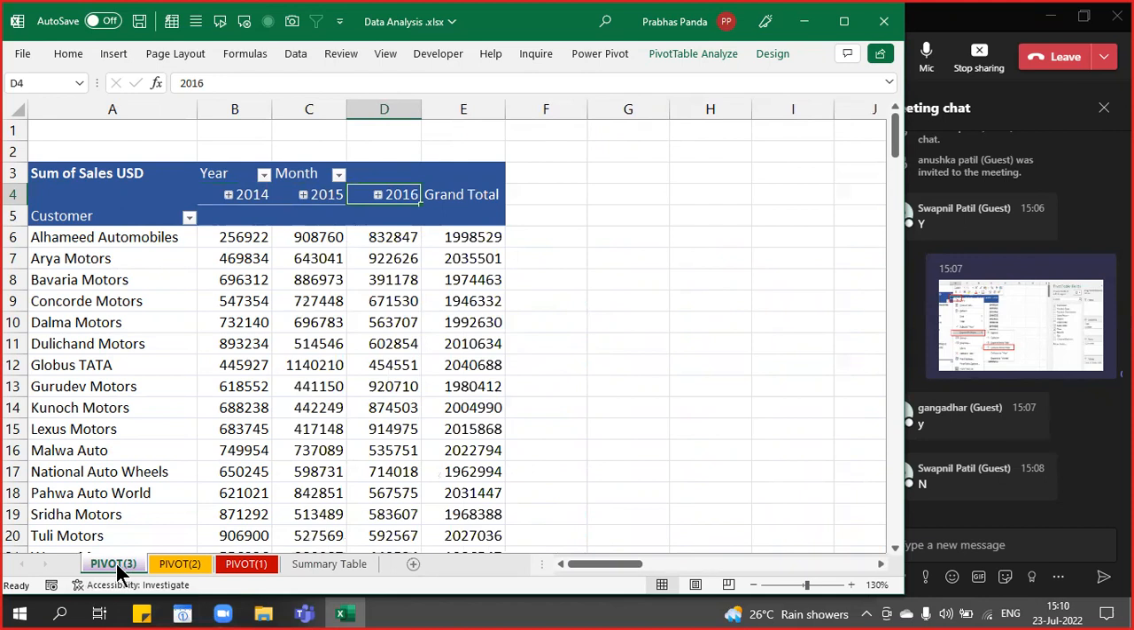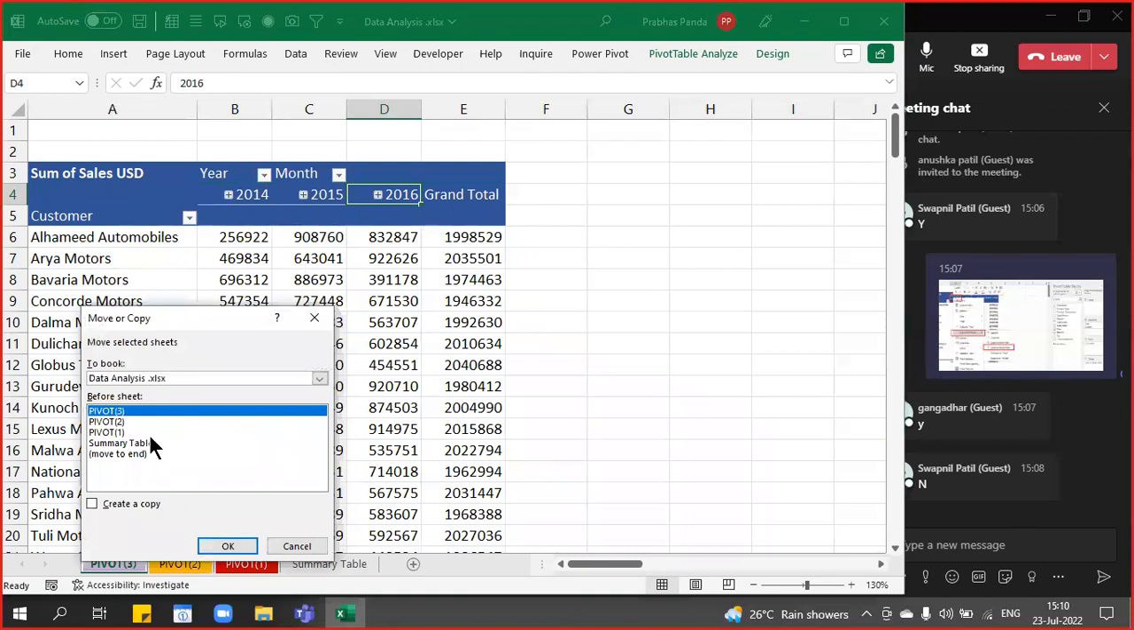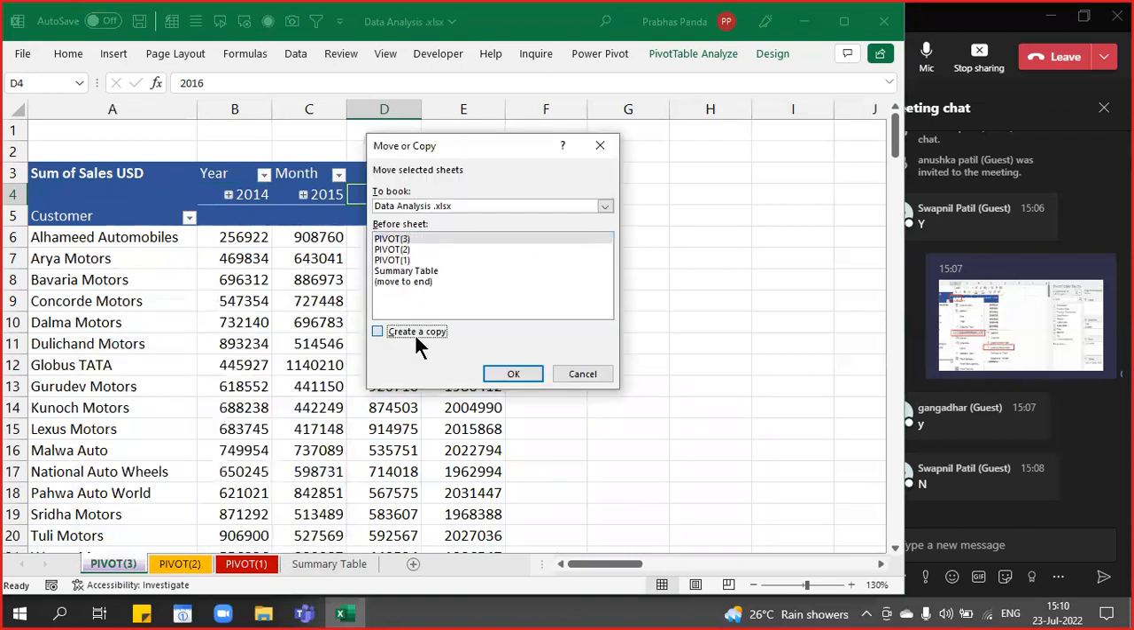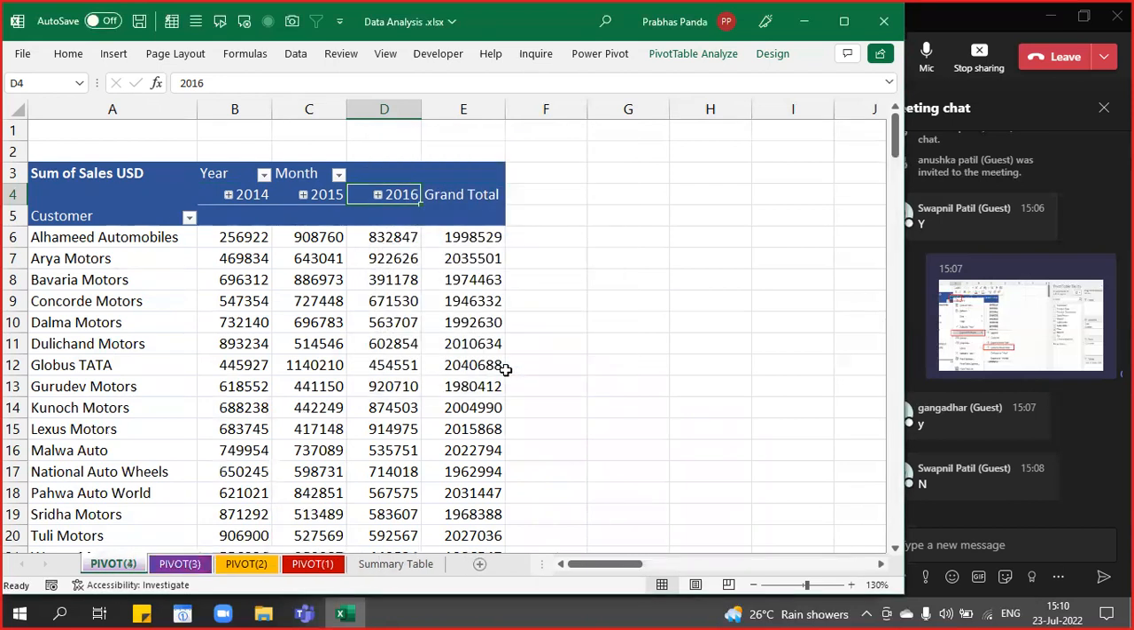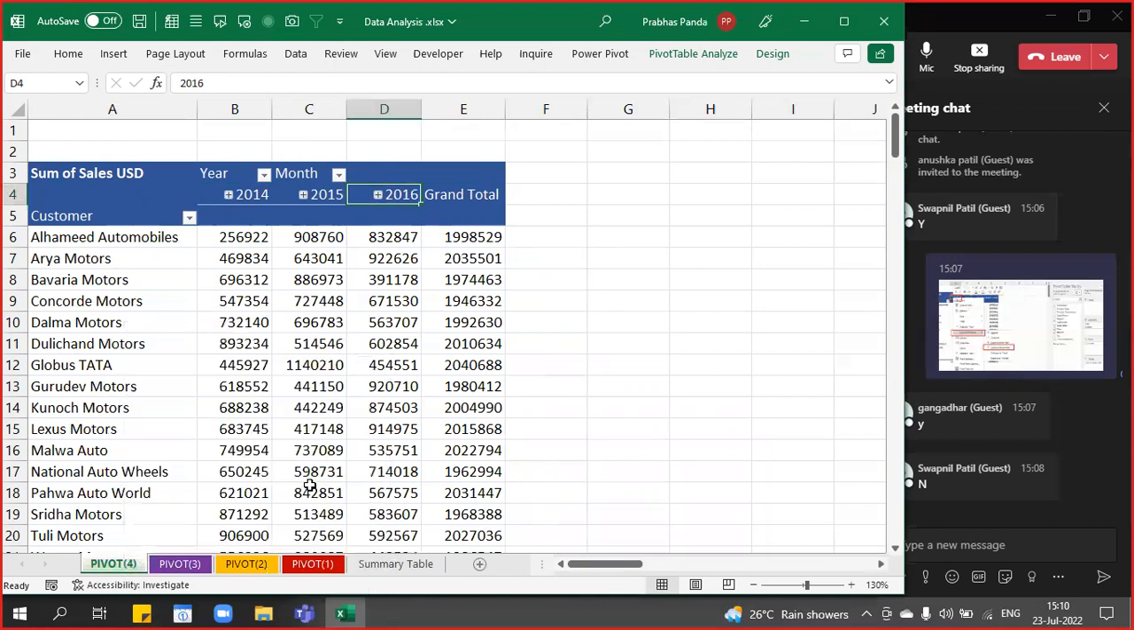Now, right click on the pivot 3 sheet name, choose move or copy. The create a copy checkbox is there. You can activate it and click OK. So one more pivot turns up. You can rename it as pivot table number 4. Now, once your pivot 4 is ready,